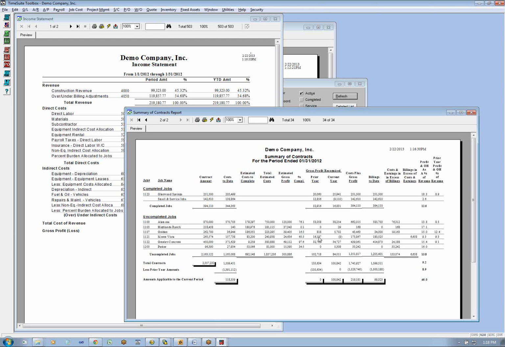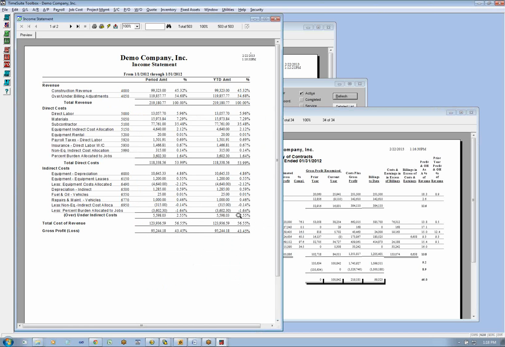And those things, there's no way to automate. These are the numbers that come from your CPA, the gross profit recognized in the prior year. They come from your CPA firm. Your CPA firm has to give that to you with your auditor-reviewed financial statements, and they should be in the back of those statements. Now, if you gave it to them and they looked it over and it was good, they may be the same numbers you provided. A lot of times the CPAs will perfectly allocate your indirect costs in. There are ways to do that in our system.